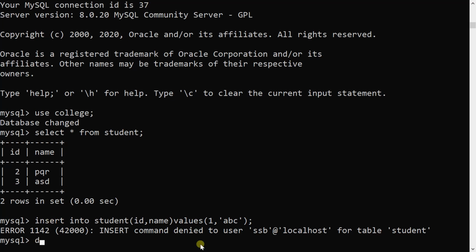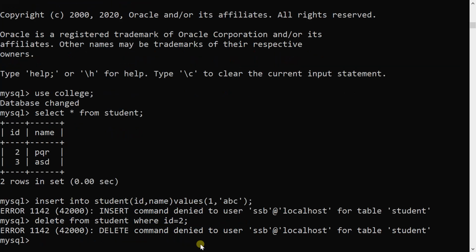Likewise delete is also revoked. So if I execute delete from student where id is equal to 2, it fires an error: delete command denied to user, right? So two operations are revoked from SSB, right?